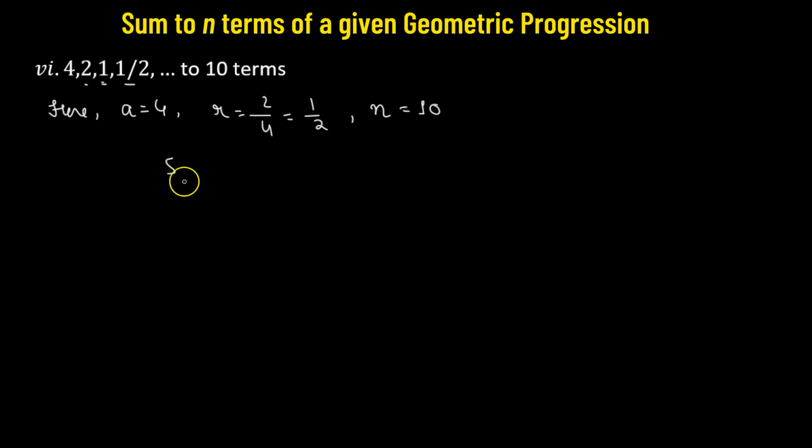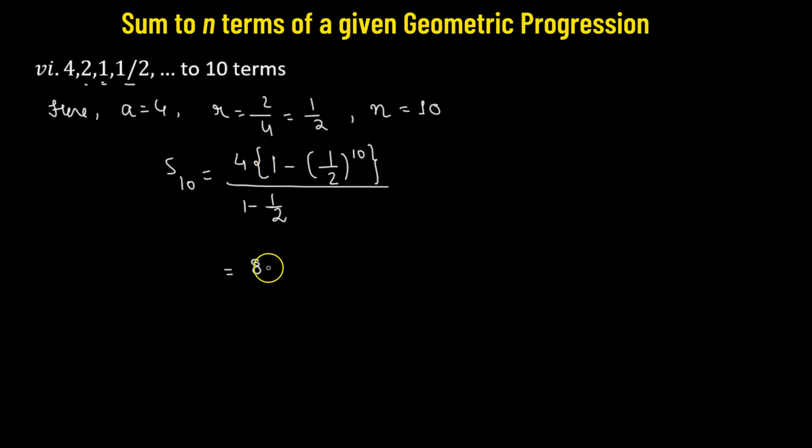Now finding out the sum to 10 terms, that will be a multiplied to 1 minus r. Since r is half, this is less than 1, so that's why we're using the second formula for finding out the sum, which is 1 minus r, which is half, raised to the power of 10, whole divided by 1 minus half. So 1 minus half, that's half. Half will go to the numerator and multiply with 4 to get 8. So we have 8 multiplied to 1 minus 1 over